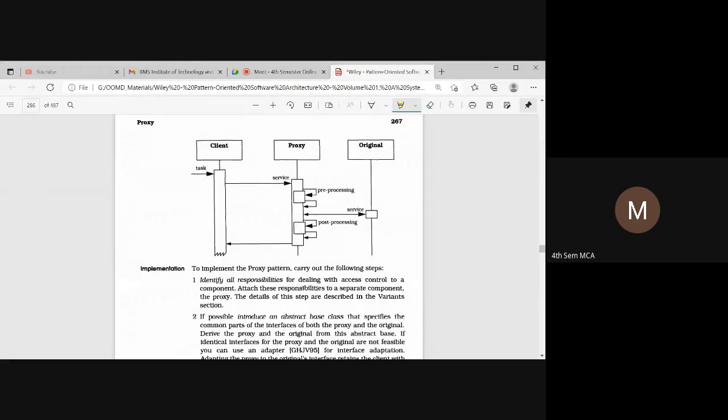So it will locate the server and communicate whatever services have been requested by the client. After locating the original server, it will forward the requested service to the original server. Once the original performs its service, it will receive the message, and after receiving the message, it does post-processing, identifying from which client the request has arisen, and forwards the response.